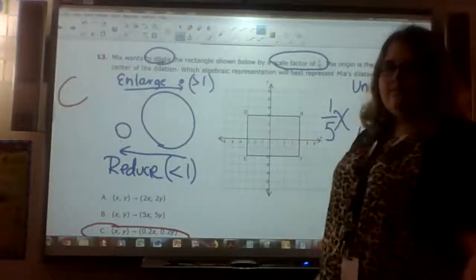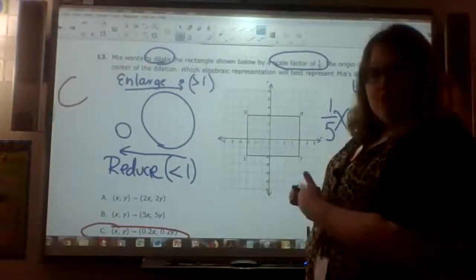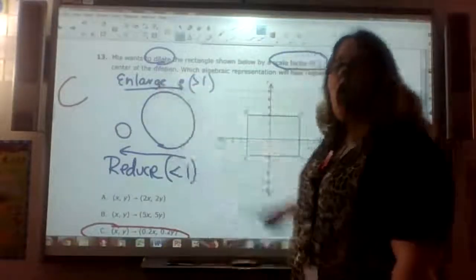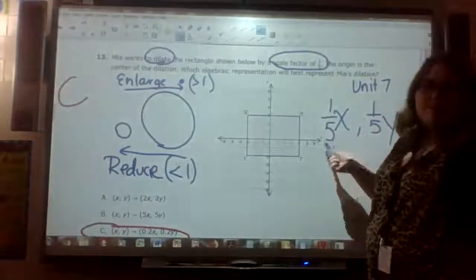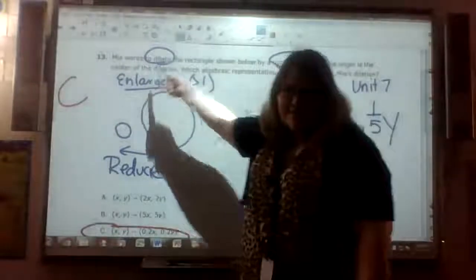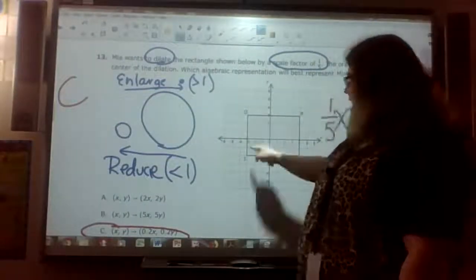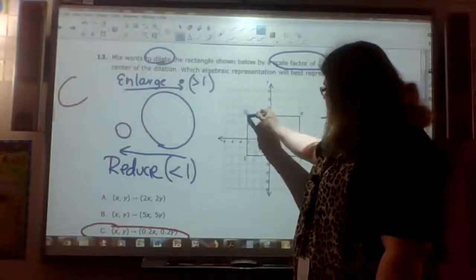That is my answer. Literally, that's my answer. Dilations is always multiplication. Dilations is always multiplication. So if I have a point,